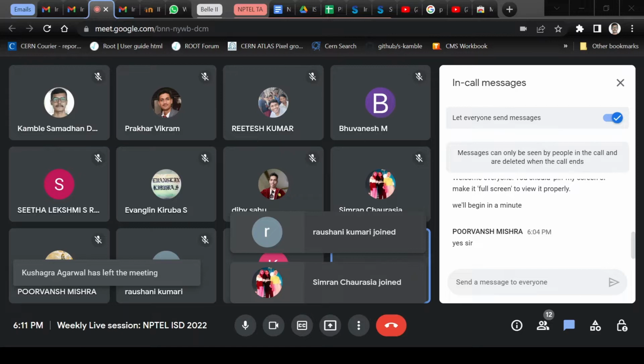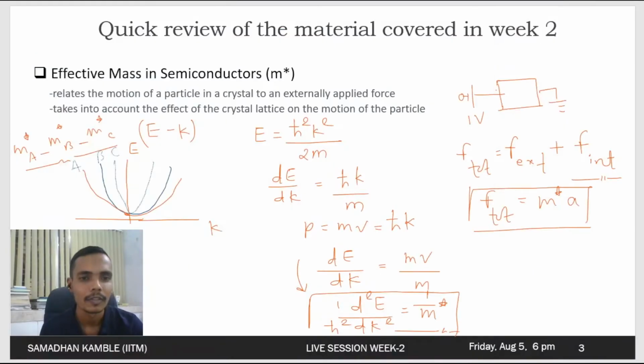Because curvature in A, yeah, is bigger. So essentially, the curvature for C is greater than for B, which is greater than for A, and as we said, it is inversely proportional. So m star in C, which has the maximum curvature, has the minimum